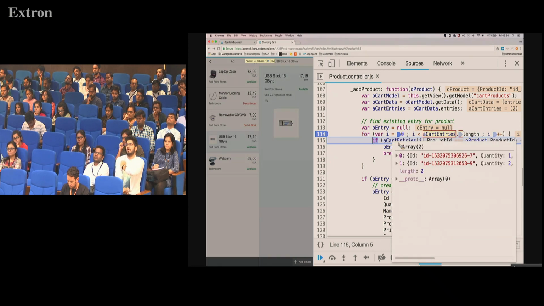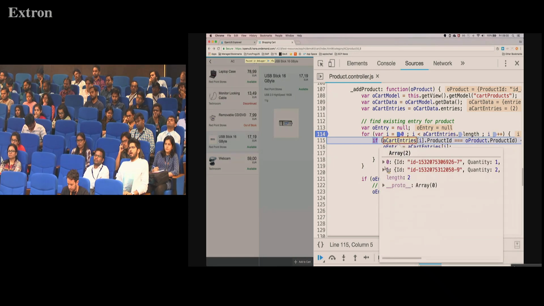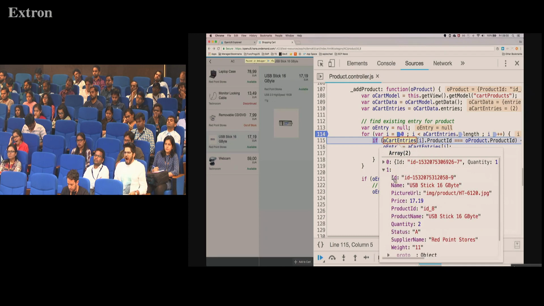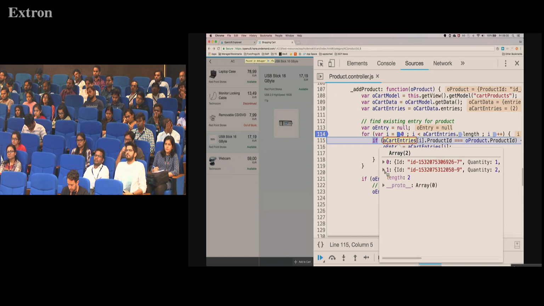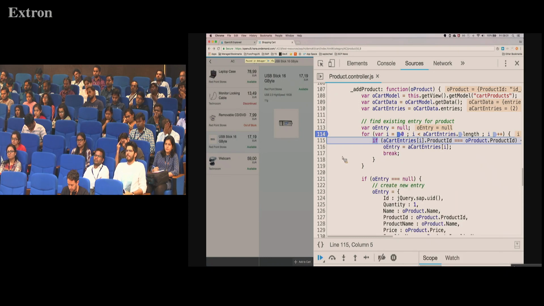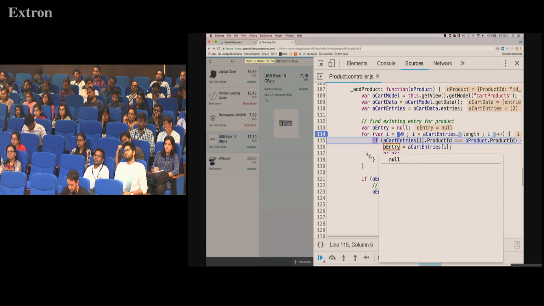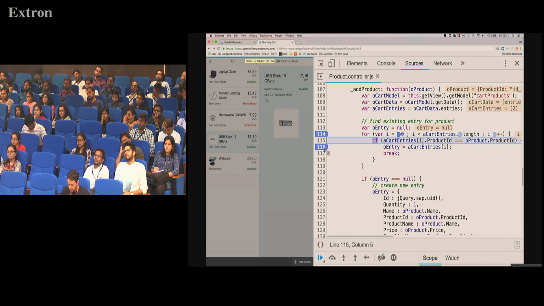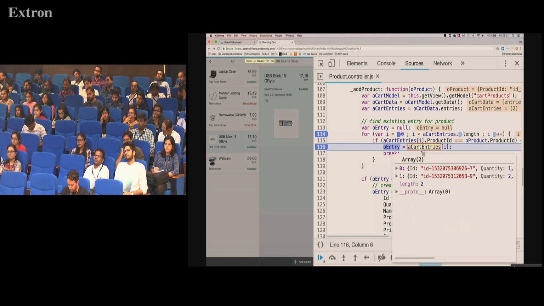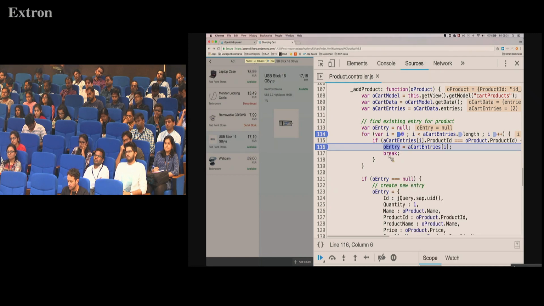In the cart right now, we've got 2 entries. The first entry was the laptop case, and the second entry is the USB stick. We've already added 2 already, so we've got a quantity of 2. The general idea is that we go through here, and if we happen to find it, I put a breakpoint there, then we've got the knowledge that that product already exists in the cart. So we jump out of there,